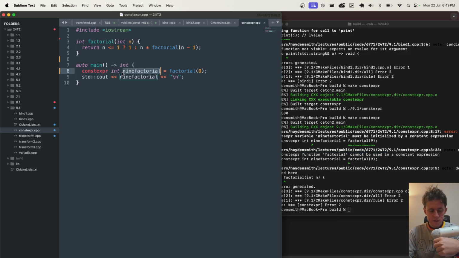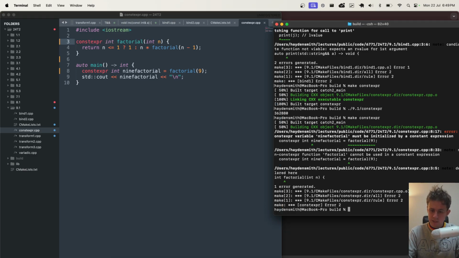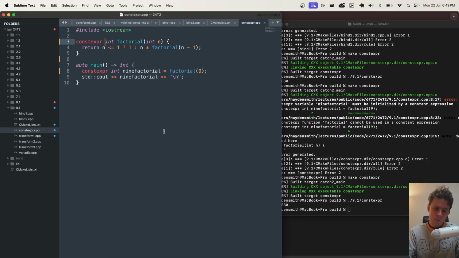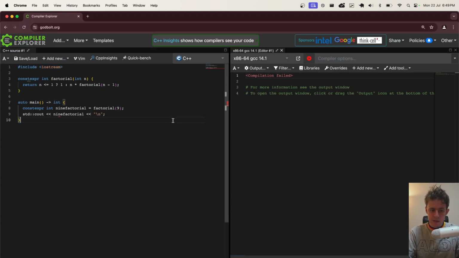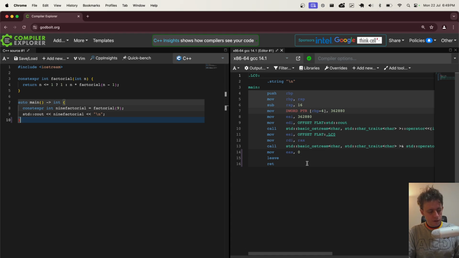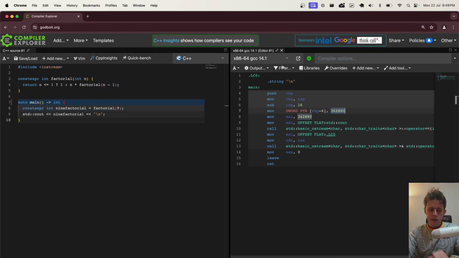Basically, it's saying you are trying to compile-time calculate this variable 9 factorial, but the value is something that I cannot compile-time calculate, and that's because I need to mark the function as constexpr. And when I do that, it will suddenly compile, and voila, we get an answer. But if I go back to our compiler here, by adding those two constexprs, have a look, and this is so interesting, have a look at the program output now. What we have done is we have created a C++ program whose machine code is simply to print out 360,000. So when you run it, there are no calculations.